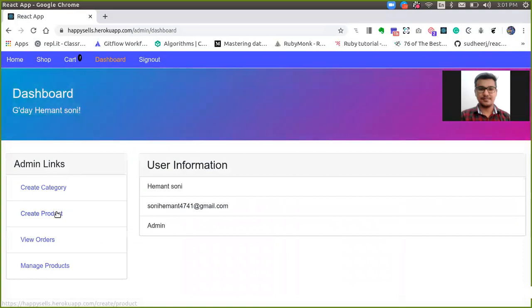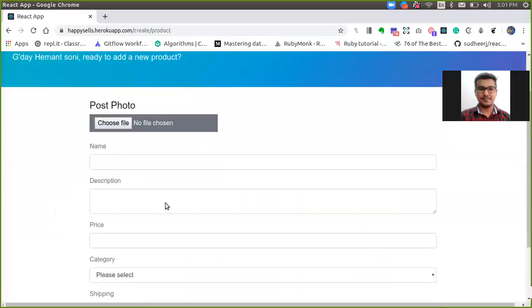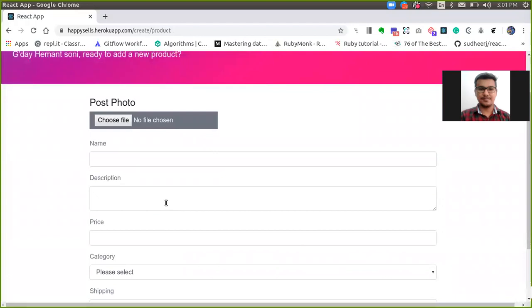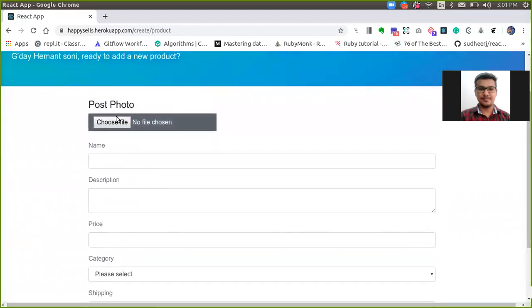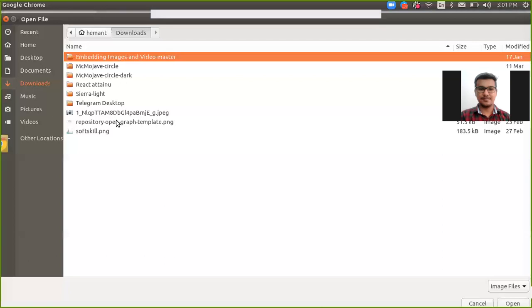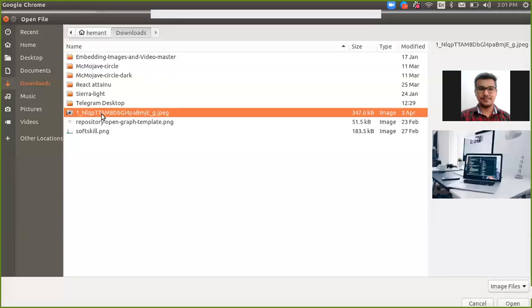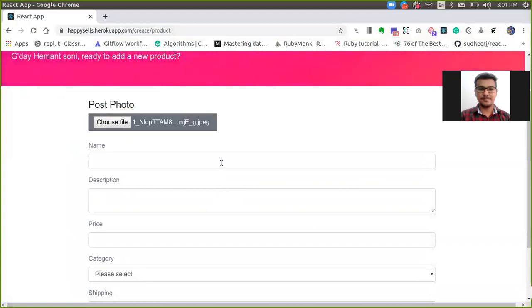If I create a product, the admin will choose the photo, name, description, and price. Like I'm randomly choosing something to do. Okay, like this, I'm choosing this picture for the product, and the product name is new game.